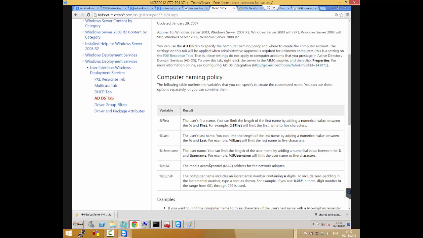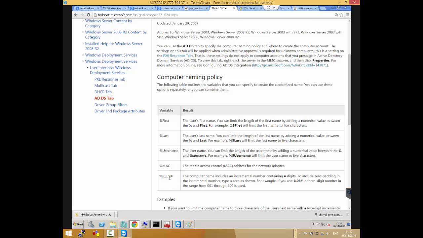You can see first name, right? The user's first name. You can limit the length of the first name by adding a numerical value between percent and first. For example, percent five first will limit the first name to 5 characters, or percent five last, or percent five username, or percent MAC address.